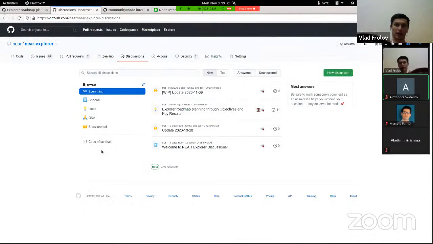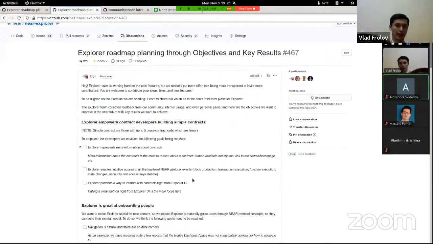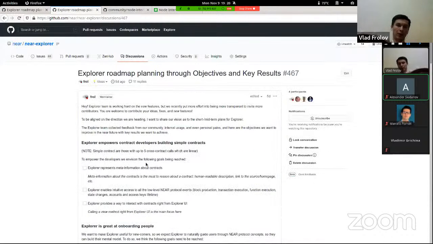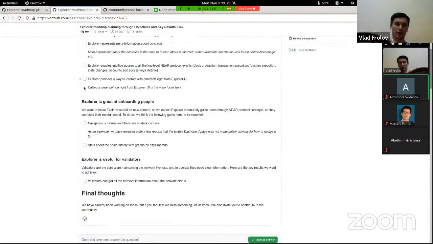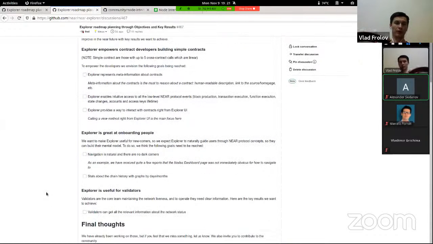For the Explorer side of things, we also defined our OKRs. We were more open to the community and even managed to collect some inputs from inside and from outside, I mean, from NEAR internal work groups as well as the community. And we defined the following goals based on the focus, who we want to empower. The main focuses are contract developers. We also focus on general onboarding, to educate people and help them navigate our tech overall. And validators are also receiving our focus,